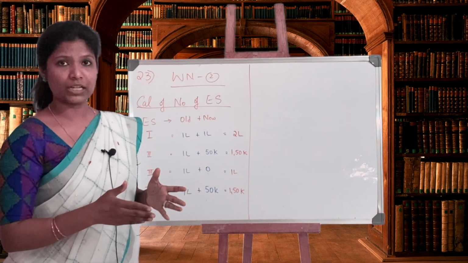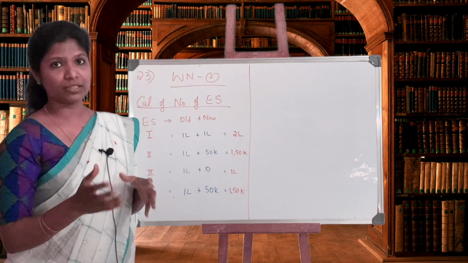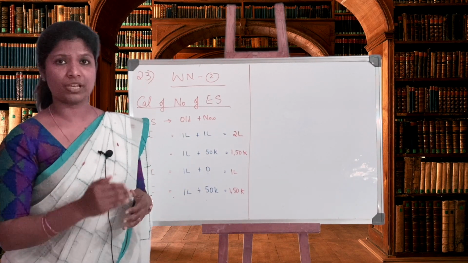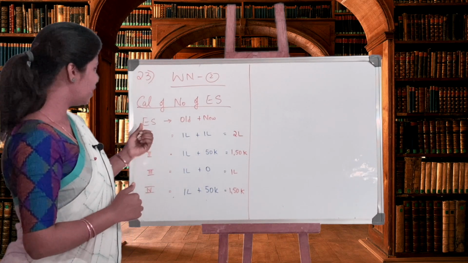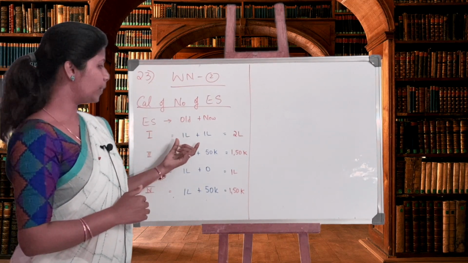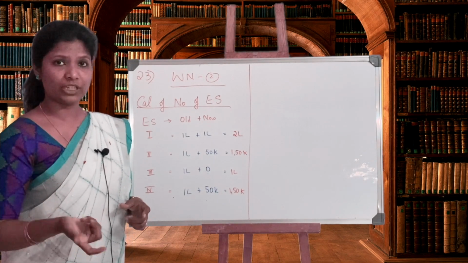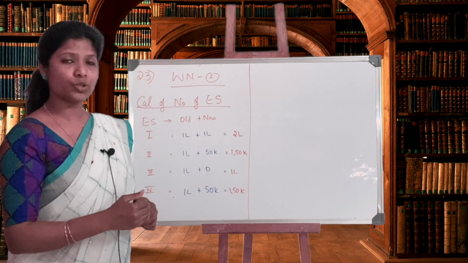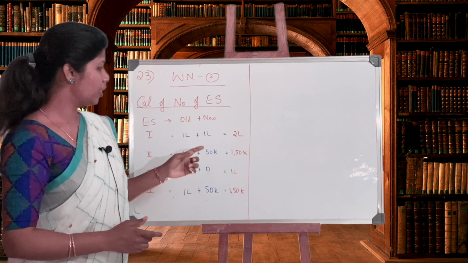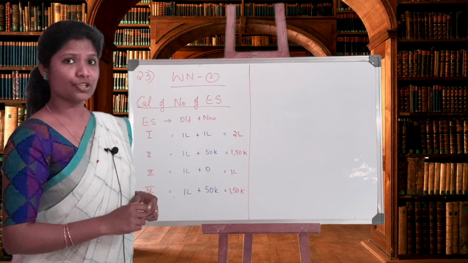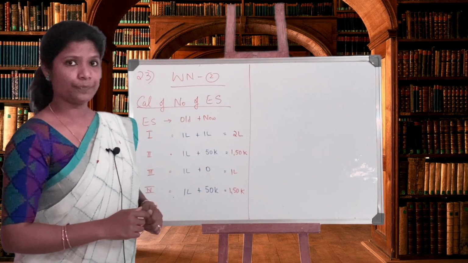As always, we consider the existing plus the needed. Basically, the old equity shares and the new equity shares according to the plan. This is the first plan. Under old, we have 1 lakh equity shares. Read the question. It is mentioned 1 lakh equity shares. So under plan 1 also it is 1 lakh equity shares. So I am going to consider both. So under plan 1, my total equity shares are 2 lakh.